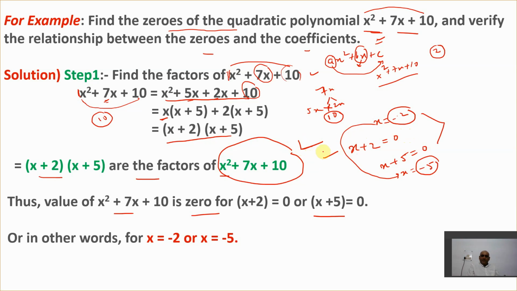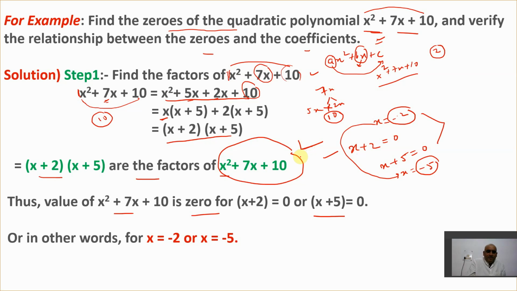So this is the point out here. First of all, you need to find the factors, and when you make those factors 0, you get the values for which this equation will become 0. That means these two values are basically called the zeros of this particular equation. So you need to find the factors. From those factors, you'll get the values of x, and that value of x is actually called the zero of that particular equation. I hope you get this point, right?